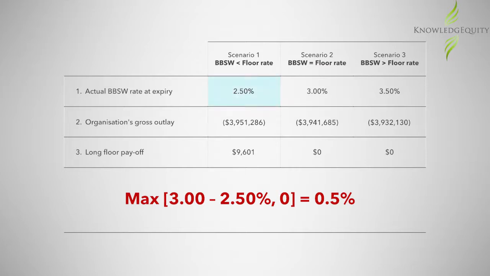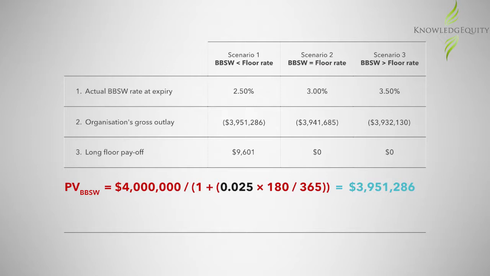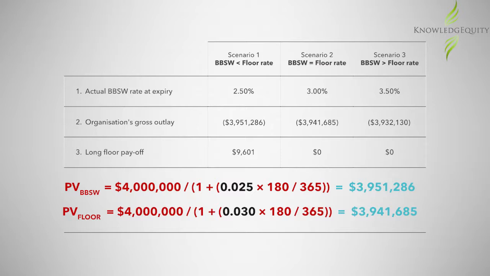In dollar terms, we need to calculate the present value of the discount security at 2.5% and subtract the present value of the discount security at 3% as shown in the calculation. The present value of the discount security at 2.5%, which is the prevailing BBSW, is calculated as follows, resulting in a present value of $3,951,286. The present value of the discount security at 3%, which is the floor rate, is calculated as shown, resulting in a present value of